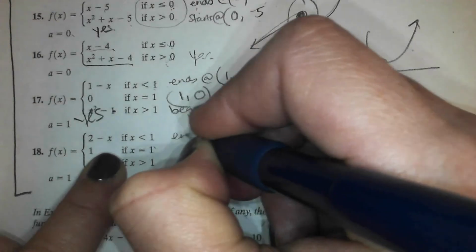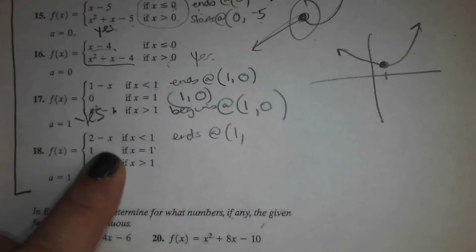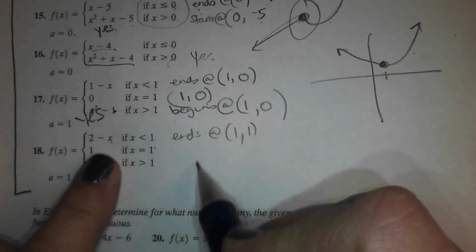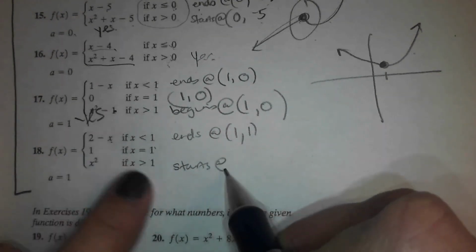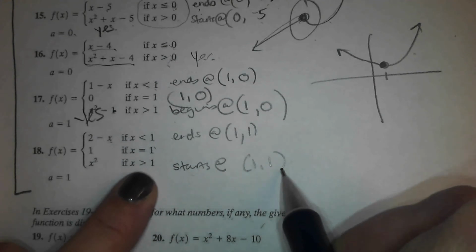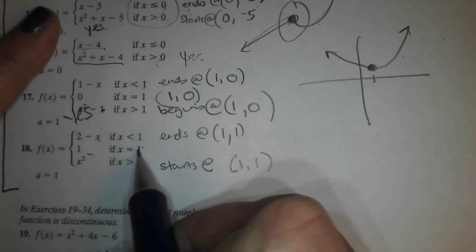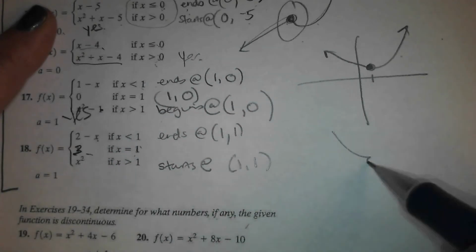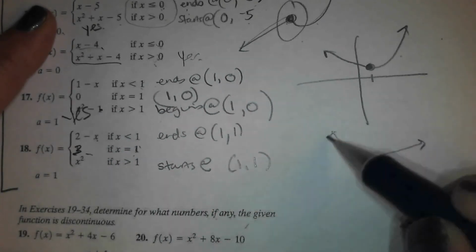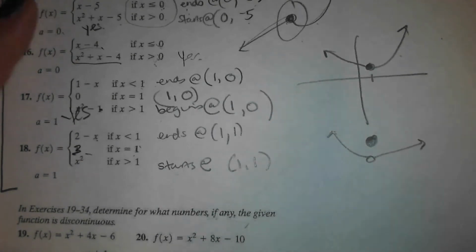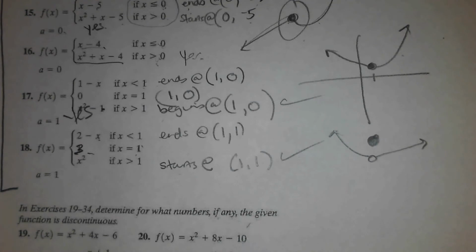This one ends at 1 what? 1, 1, right? Because I'm plugging in 1. Is everyone good with that? This one starts with an open circle still at 1, 1. And this one fills it, 1, 1. Okay? But sometimes it'll be like 1, comma 3. So it would end at 1, 1, start at 1, 1, but then you'd have a random removable point at 1, 3. And that one would not be continuous. These just are all happening to be yes, but I don't think we're going to find that today on your notes. Okay? All right, so in your note packet, last page,